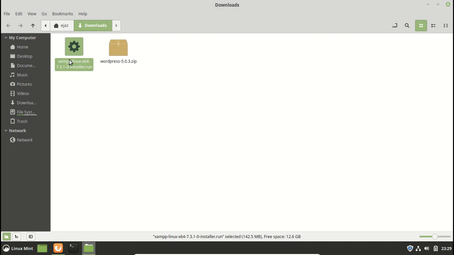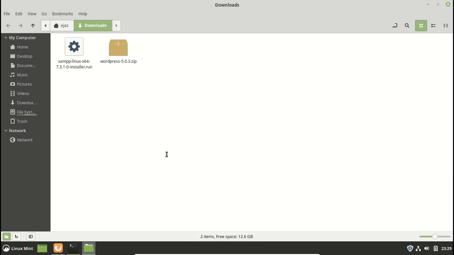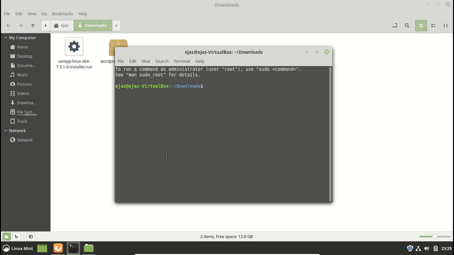So now we need to change the file permission for this installer. To do that, you need to open a terminal in the same folder and type chmod 755 and then the file name, that is XAMPP